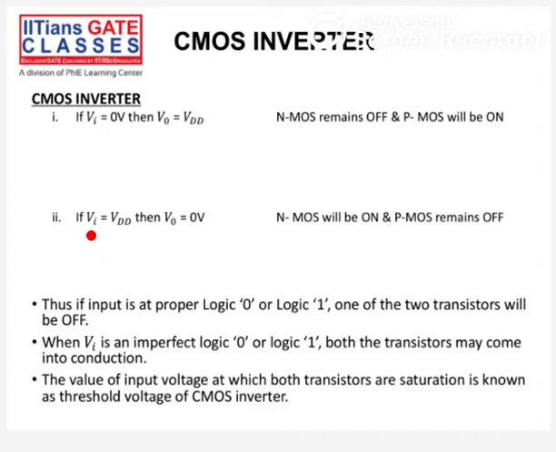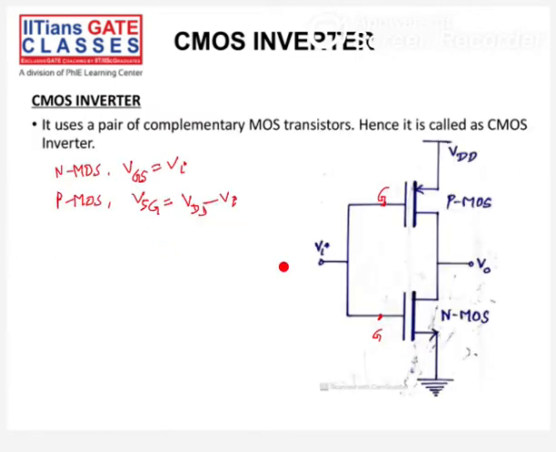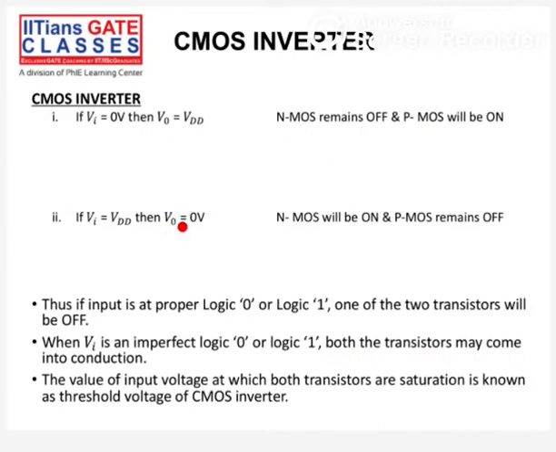So we can see now in the second case, if Vi is VDD, at higher voltage, in that case, V output will be 0. From this figure, we can see how. If Vi is VDD, that will be greater than VT for NMOS. So NMOS will get switched on. If it is switched on, whatever voltage is at the ground terminal will appear at the output. Means NMOS will act as a short circuit. So in that case, the output voltage will be 0 volt here, as I have shown.